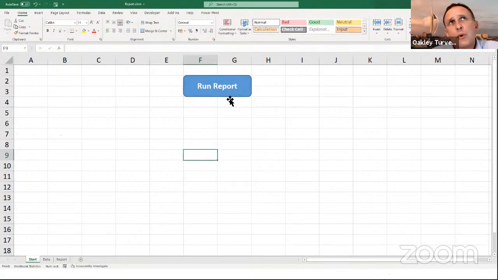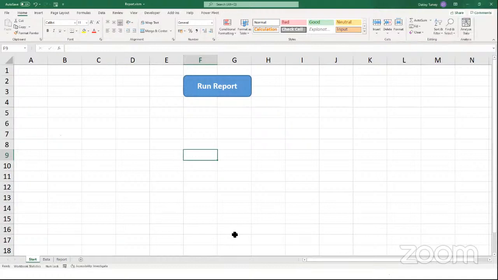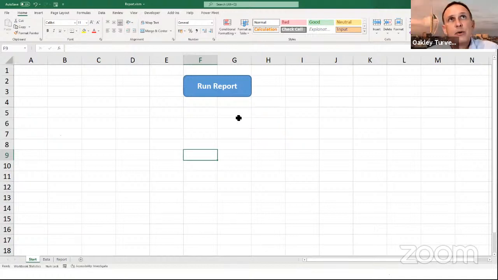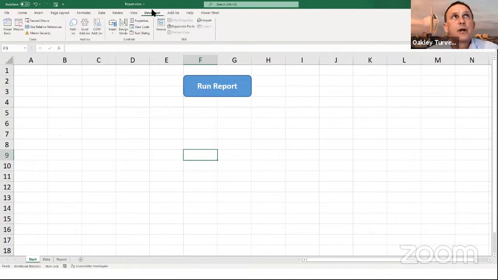Now, the reason I've done that to put it all on a single button is I'm now going to actually record a master macro. And this master macro is going to be me running all of those macros. Now, the reason I've deleted all those buttons is because actually you can't record yourself clicking on a button and running the macro. So you have to do it from one of the other methods, and we're going to do it from the developer ribbon. So I'm going to go to the developer ribbon, go to macros, and choose the macro that I want myself to run as I record it. So let's go ahead and do that.